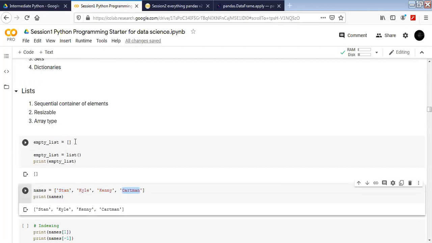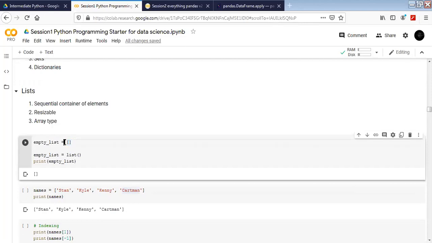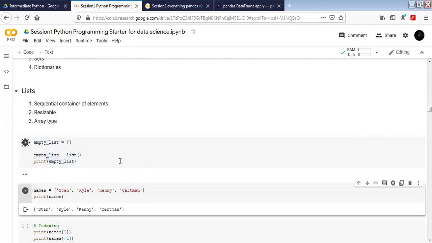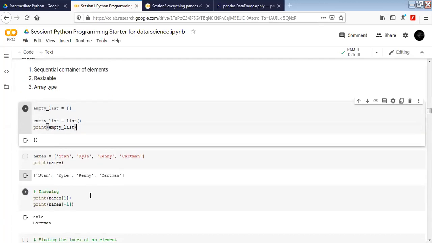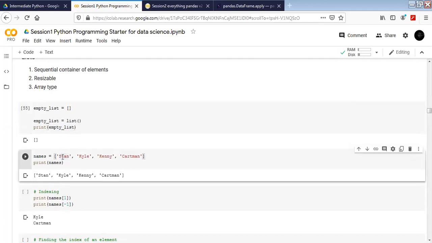All right. So to define an empty list, we can define it like this: 2 square brackets. Other way to define an empty list is going to be just using the list function and 2 parentheses. And we can just print an empty list like this, and it's going to just show us like this. Empty list is important. Many places we are going to use it, and we will see why just creating an empty list also helps at some places.